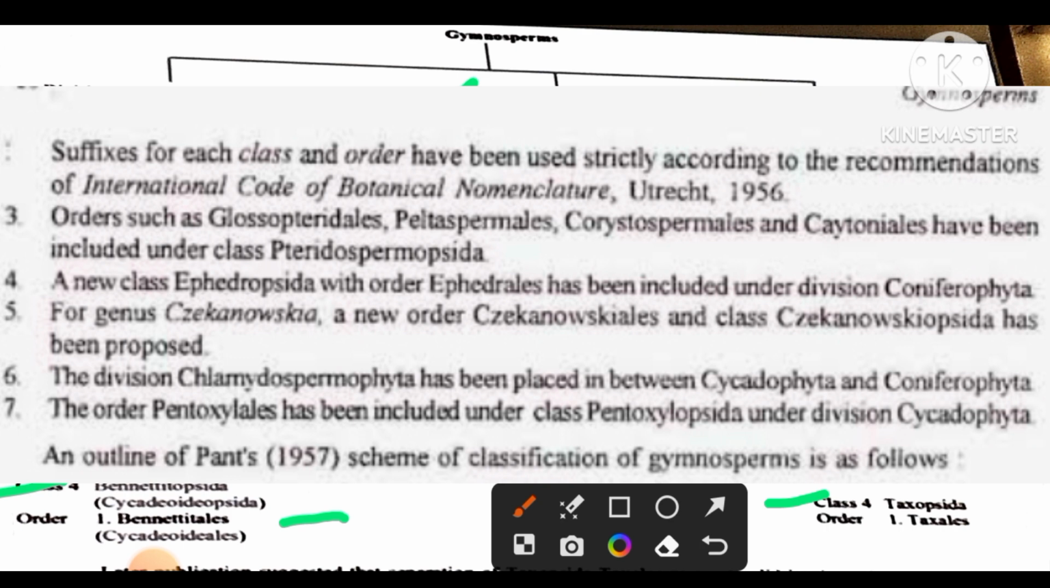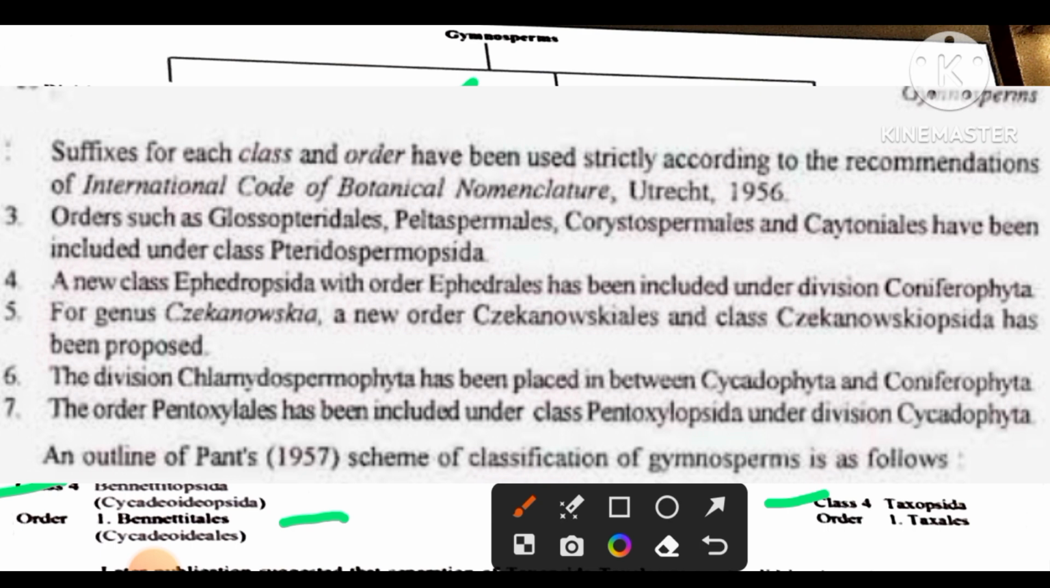Then the third important feature of his classification is that the orders Glossopteridales, Peltaspermales, Corystospermales, and Caytoniales were included under the class Pteridospermopsida, which is a completely extinct group, and it covers all the extinct orders. Then the fourth importance of his classification is that he removed the Ephedrales